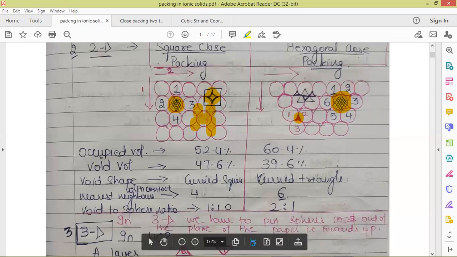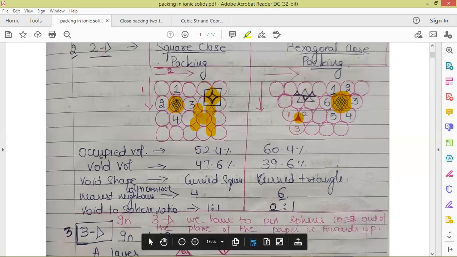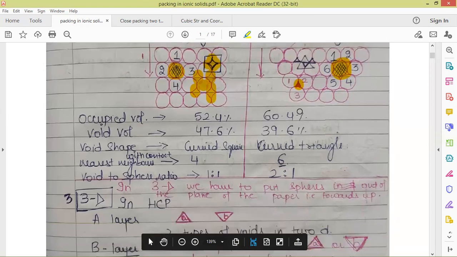So here the void to sphere ratio is 1:1, because each void is surrounded by 4 spheres, and each sphere is surrounded by 4 voids in the square close packing system. In case of hexagonal close packing, there are 3 spheres surrounding each void, and 6 voids surrounding each sphere. So here the void to sphere ratio is 2:1, as 6:3, that is 2:1, is the ratio.